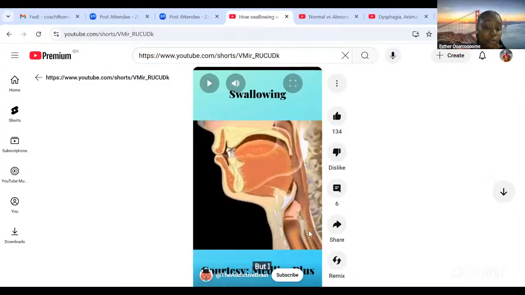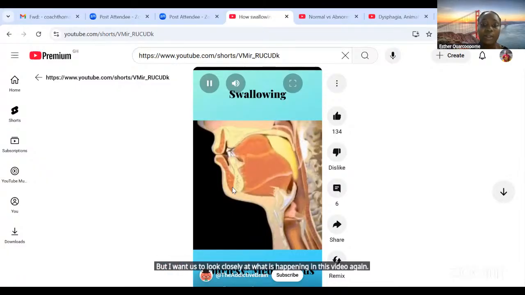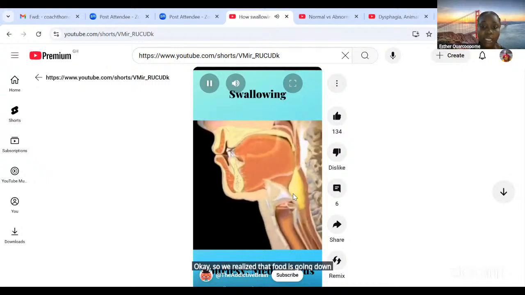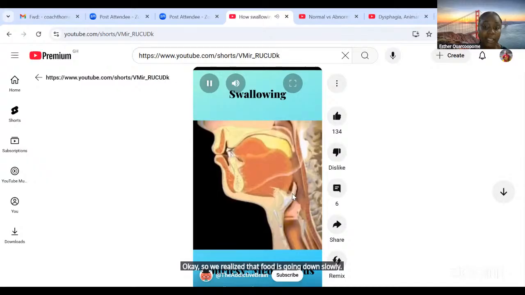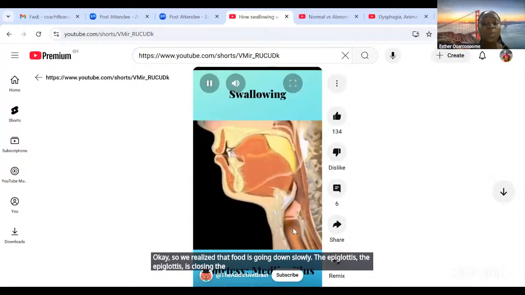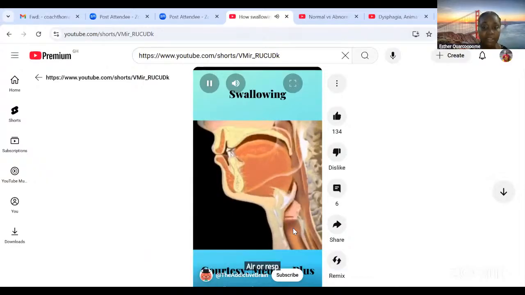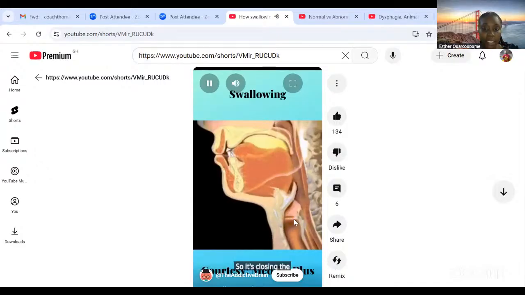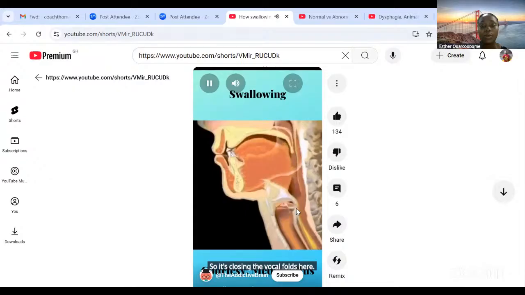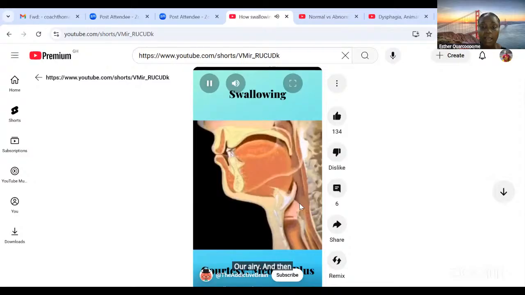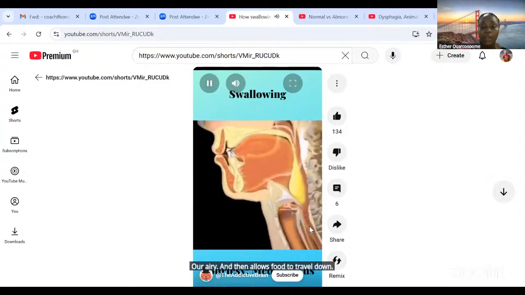But I want us to look closely at what is happening in this video again. Okay, so we realize that food is going down slowly. The epiglottis is closing the trachea. This place is where air or respiration happens. So breathing in and breathing out this side. So it's closing the vocal folds here. This is the epiglottis, which closes our airway, and then allows food to travel down the esophagus,